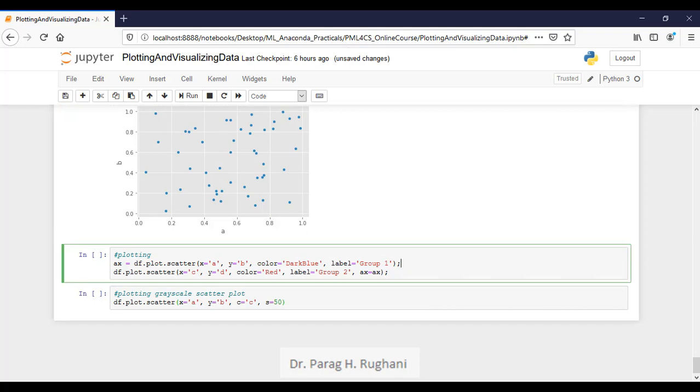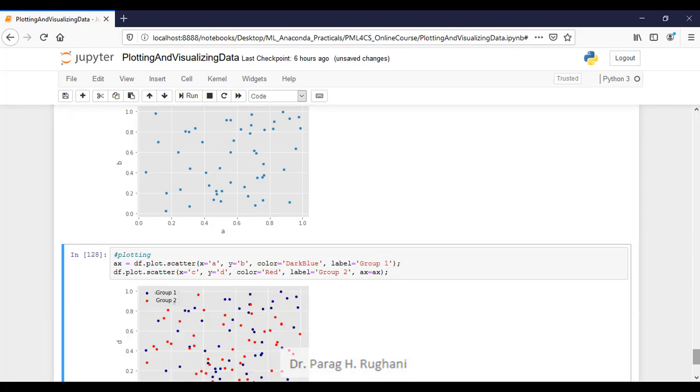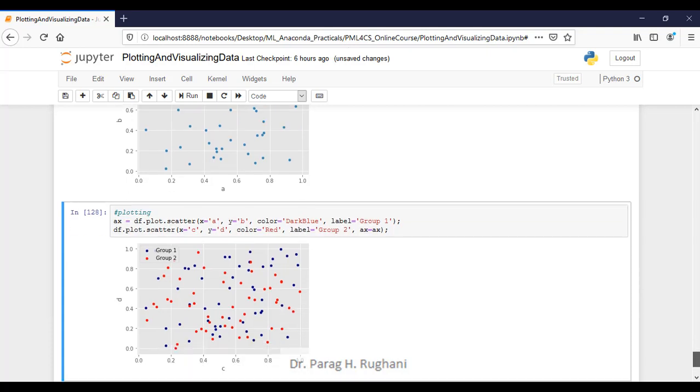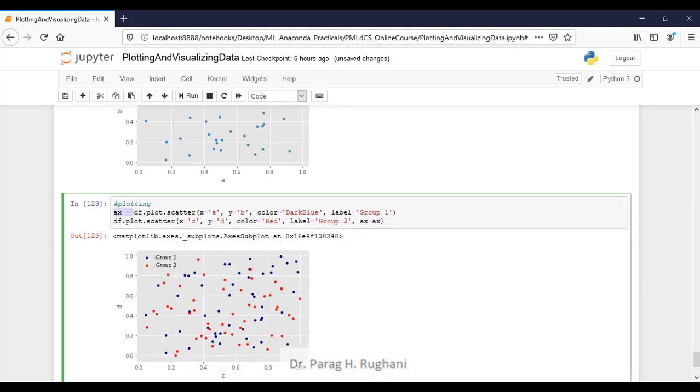And if you want to group this into 2 different groups, then you can use a group 1 and group 2 kind of mechanism as we have done. And I have taken A, B, C, D, and then I'm plotting them. So now you have 2 groups. First group items are shown in blue dots, and the group 2 items are shown in red. The colors can be set from here, and the values can be set from here.